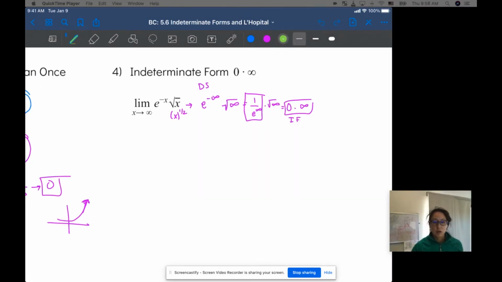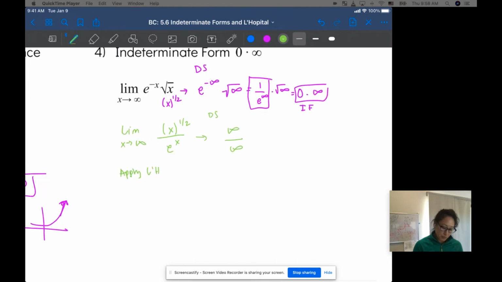Okay, so since we got the indeterminate form of 0 times infinity, what we need to do is rewrite our limit in a fraction. So we're going to say the limit as x goes to infinity of the square root of x, so x to the 1/2 power, over e to the x, since we have our negative exponent. Okay, and now I have my fraction. So I'm going to direct substitute again, just to double check to make sure we get an indeterminate form. Okay, so I get infinity over infinity. So indeterminate form, we're going to apply